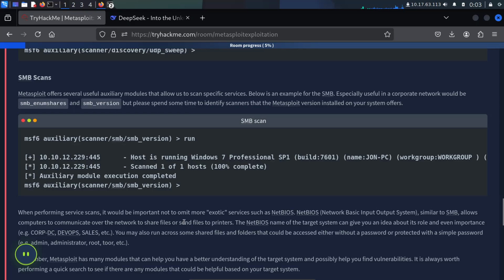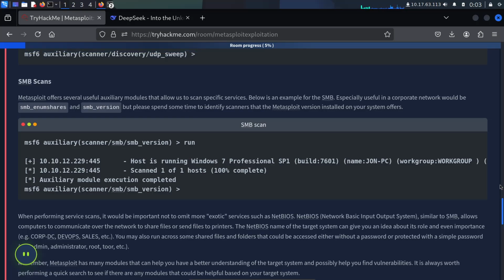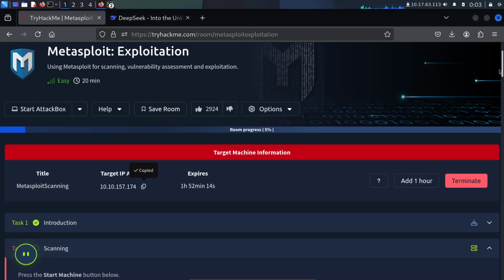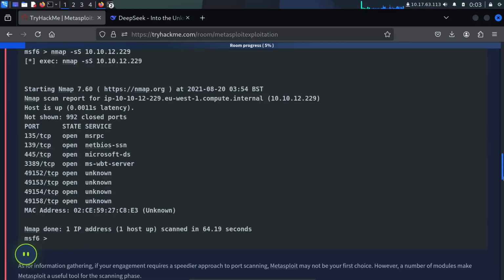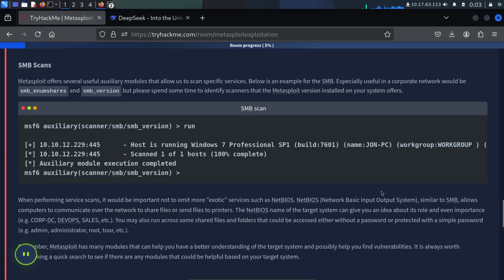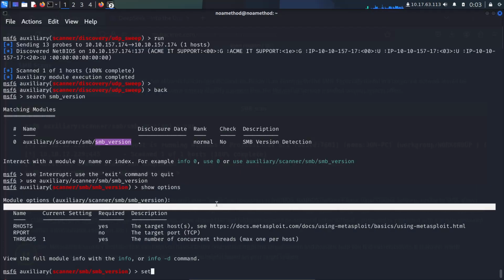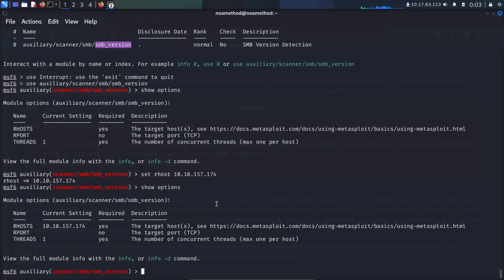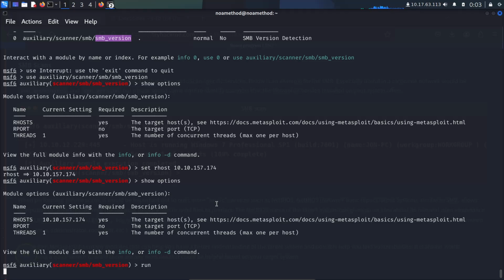If not valid, we must set it first. You can scroll to the top and then you can copy, and then yes, we set the RHOSTS first, my friend. Okay, we just finished and we can run.